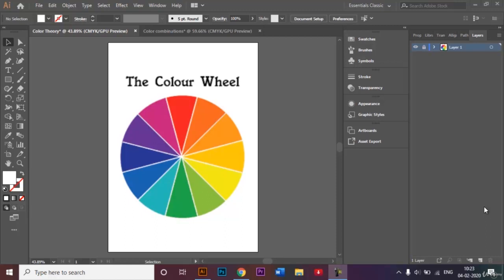of color theory. Color theory is one of the most important aspects when it comes to graphic design because each color actually portrays a certain mood. As you can see right here on this color wheel, the colors on the right hand side, mainly from red to yellow, evoke a very warm feeling,